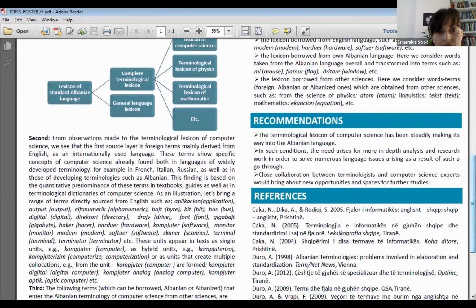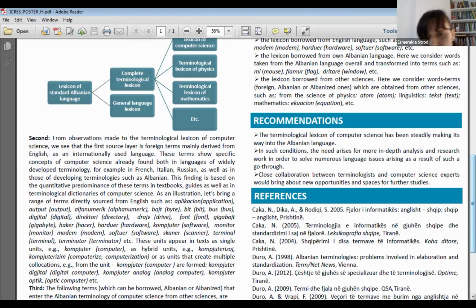Second, from observation of the terminological lexicon of computer science, we see that the first source is foreign terms mainly derived from English as an internationally used language. These terms show specific concepts of computer science already found both in languages of widely developed terminology, for example French, Italian, Russian, as well as in those developing terminologies such as Albanian. This finding is based on the quantitative predominance of these terms in textbooks, guides, as well as in terminological dictionaries of computer science. As an illustration, let's bring a range of terms directly sourced from English, such as,